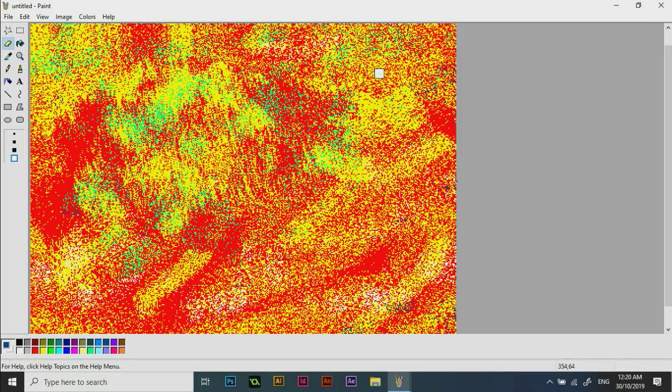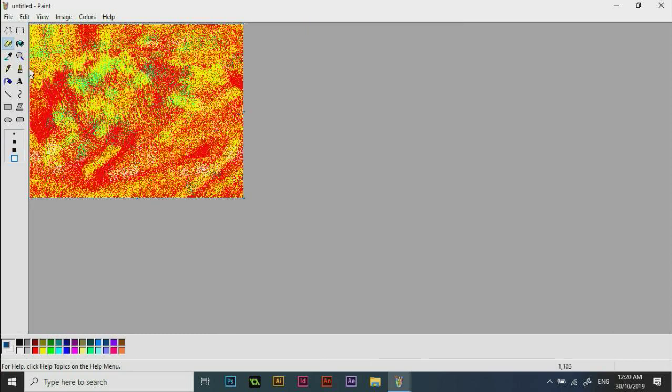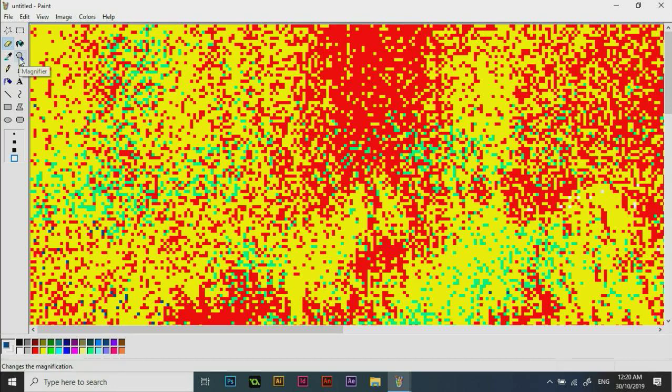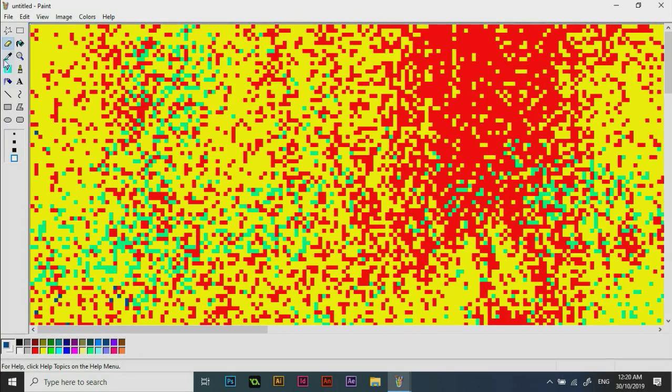So that would be my last tip. Actually, there's one more thing I'd like to share with you. There's actually a hidden zoom in the old school Paint. You've got zoom 1, which is way zoomed out, right? Then you've got zoom 2, zoom 6, and zoom 8. But there's actually a way of zooming in even further by putting the mouse in between the 8 and this bottom line. And okay, it's pretty hard to get it timed right, but